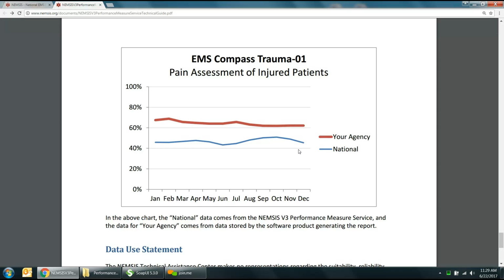Or maybe your customer says, well, I want to compare myself nationally to all other paramedic agencies. So you could grab that data from the web service. Of course, currently we don't support service level, but in a future release we will. Currently we support urbanicity. So your customer could say, I want to compare myself to the rest of the country,